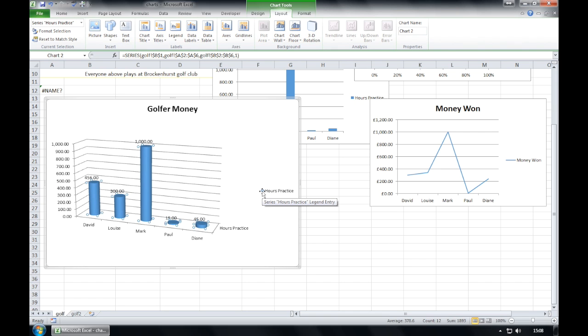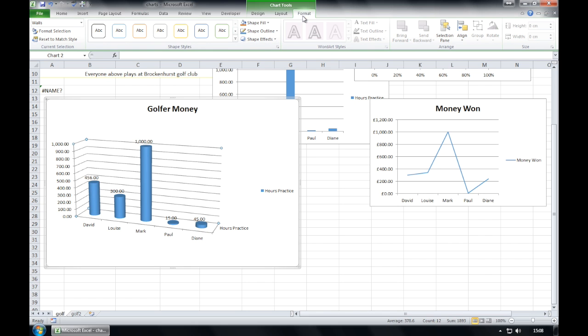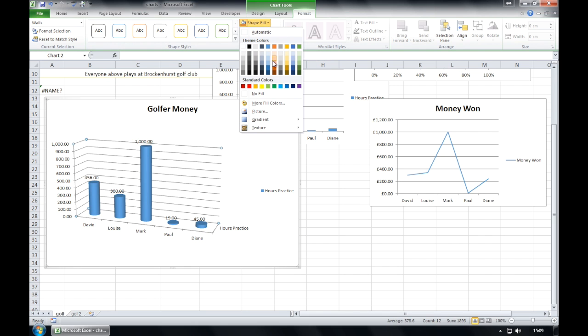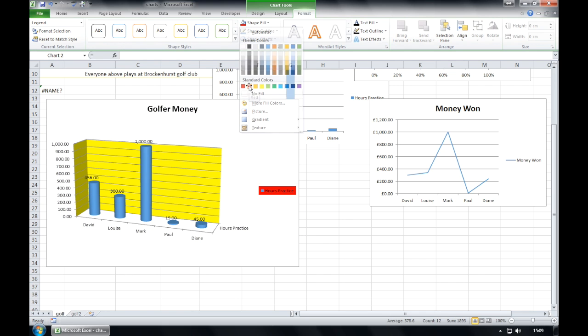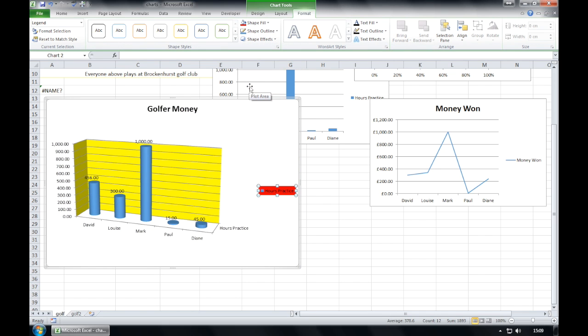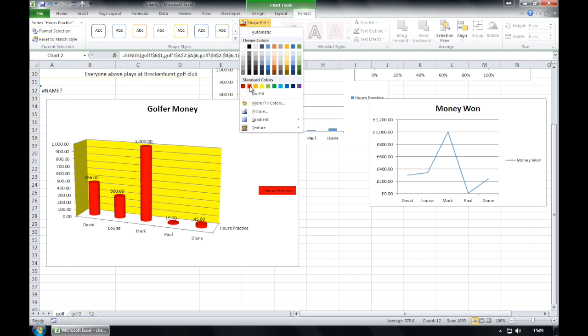I want to change the chart area background colour and the legend fill colours. To change the background colour, I select the chart, I go format, and I can change my fill colour. To change the legend fill colours, here again I change my fill colour, like so. I can change my column, bar, line, pie, slice colours, so this works for any particular graph. Again, you simply select, and on the shape fill you can change the colours that you wish.